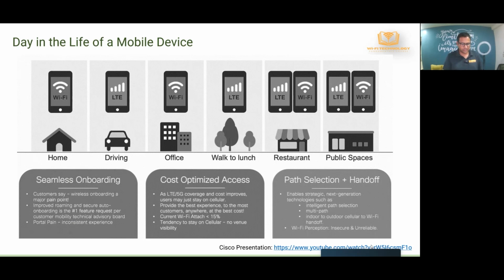Now, if you look at how your cellular network works, let's say I have my phone here, and I'm in India today, connected to the Airtel network. Tomorrow I fly to the US and turn on my phone, and now I'm connected to the AT&T network. I don't have to do anything. My phone will automatically connect to AT&T because AT&T and Airtel possibly have a partnership,